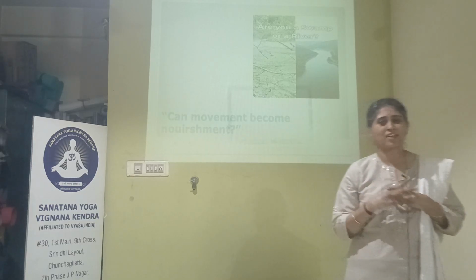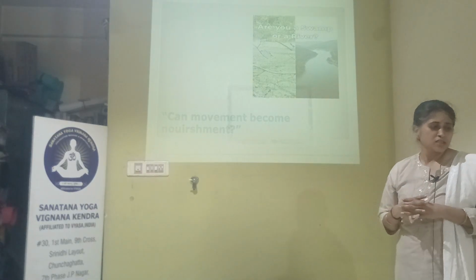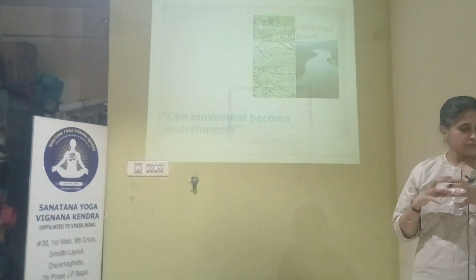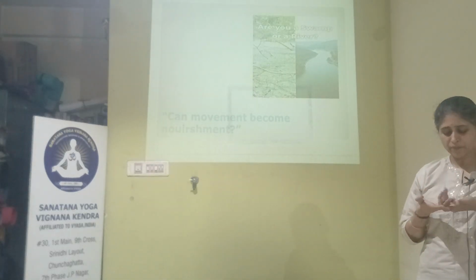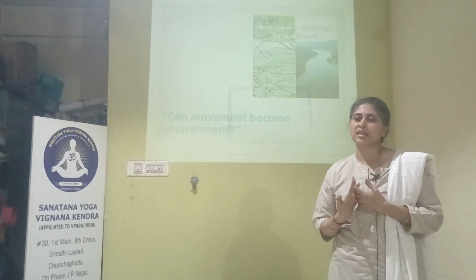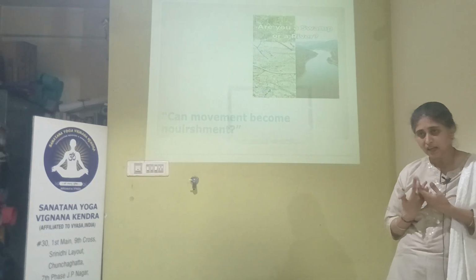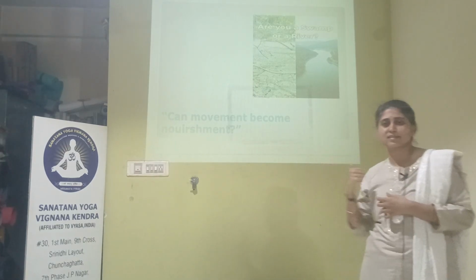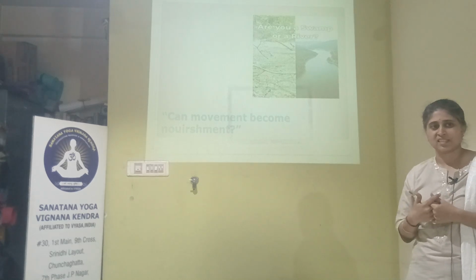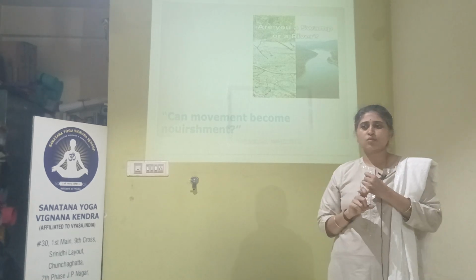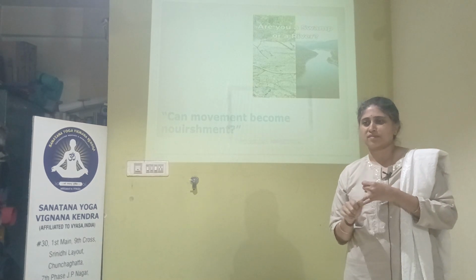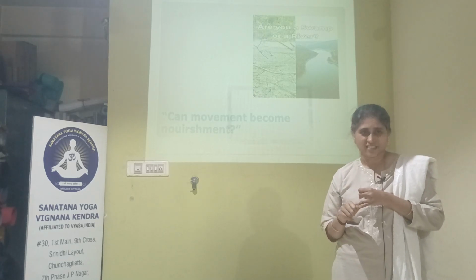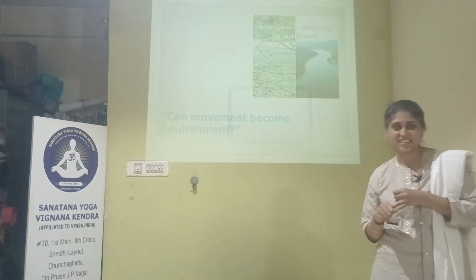We will go through an example. In the picture, what can we see? A swamp and a river. In our beginning classes, at YIC or even before that, sir used to mention this example a lot. What happens with stagnant water and what happens with flowing water? In stagnant water, algae and everything will grow. In flowing water, nothing will grow.